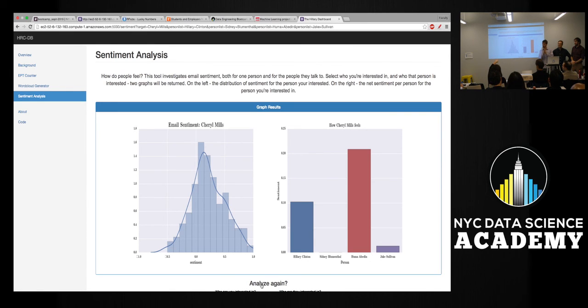Can you make it with the Google API so everyone can just put in their email and see who they communicate with? What's the sentiment toward those people? So yes, in order to do that, people would have to allow access to their emails. I don't know how easy that is to do. They would either have to manually cut and paste.